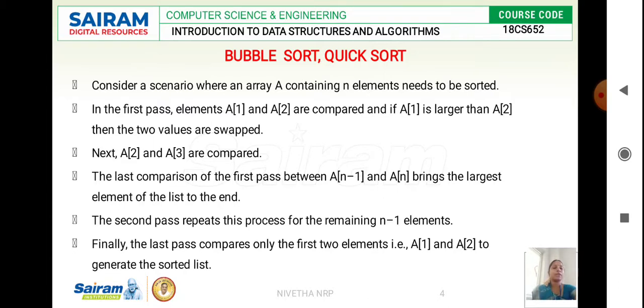What is the last element? n. So until we reach the last previous element, we repeat this step, and this we call the second pass. At the end of the second pass, the last two elements will be the greatest elements, and we will not disturb them. They remain frozen. Similarly, at the end of the third pass, the largest three elements will be at the end of the array. This will continue until we sort all the elements in the array.